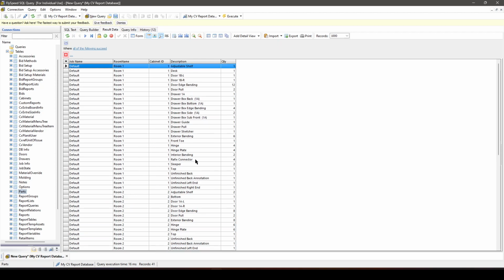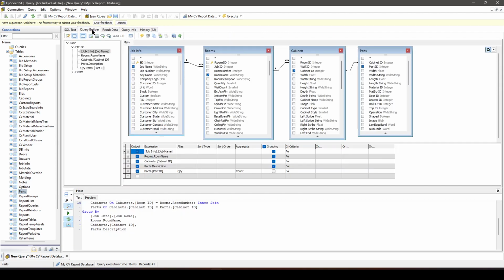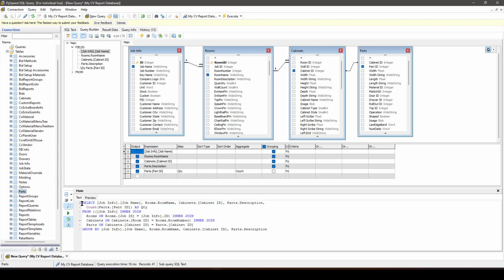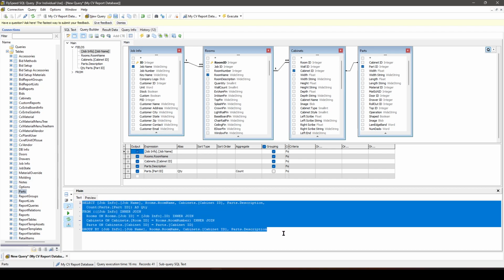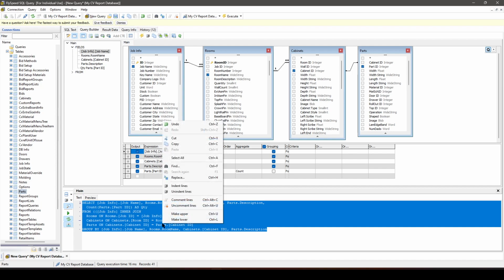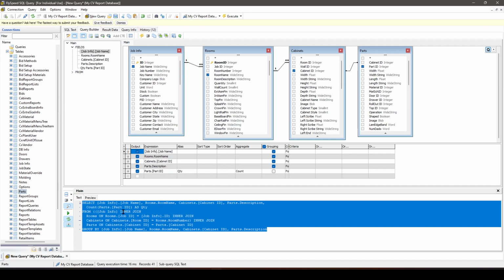So what can we actually do with this at this point? How do we get this from FlySpeed into Cabinet Vision? It's actually very, very simple. From the query builder, you can choose to reformat this or not. It's up to you. But if you reformat to compact formatting, it's going to change the way the query is written, and it looks a lot more like what Cabinet Vision by default has. So you can just copy this query,